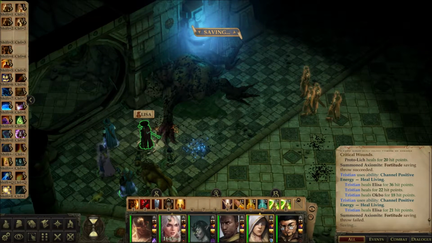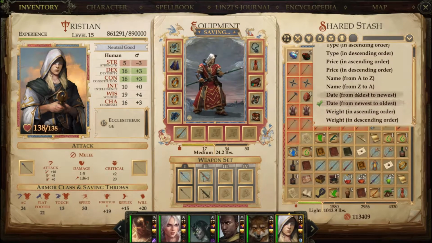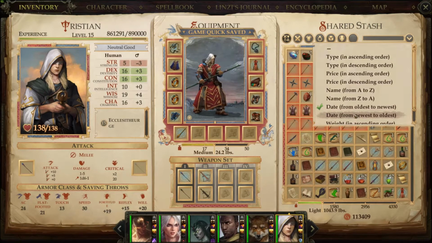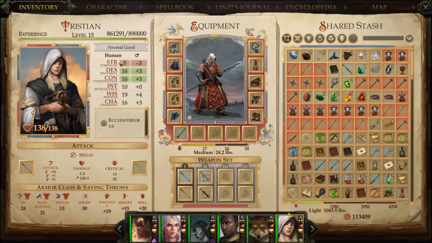I wanted to show you that kick-ass hat we just picked up. If you go and sort in order of newest to oldest, all the new stuff will be up here on top. Here is the item, Dark Revelation, +6 to Wisdom. So obviously a Wisdom-based caster, like Tristan, for instance. Which, by the way, I gotta fix his ability damage here in a minute. But Tristan